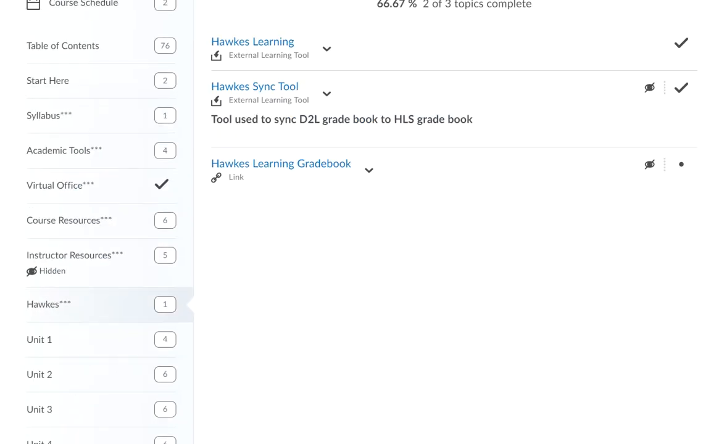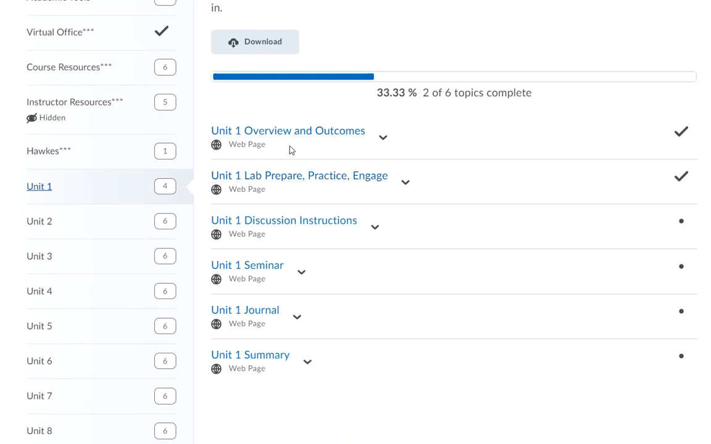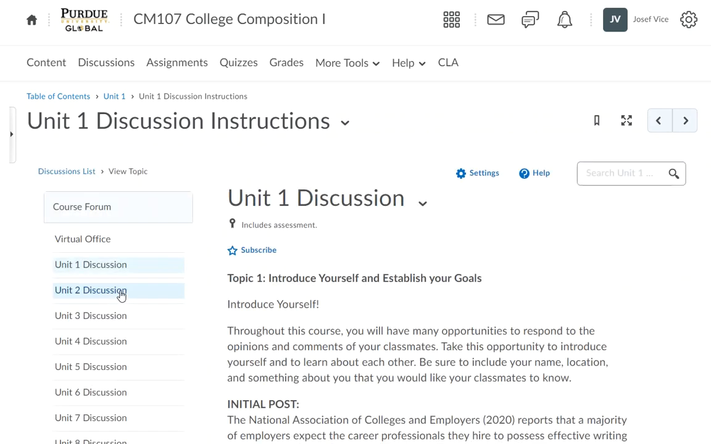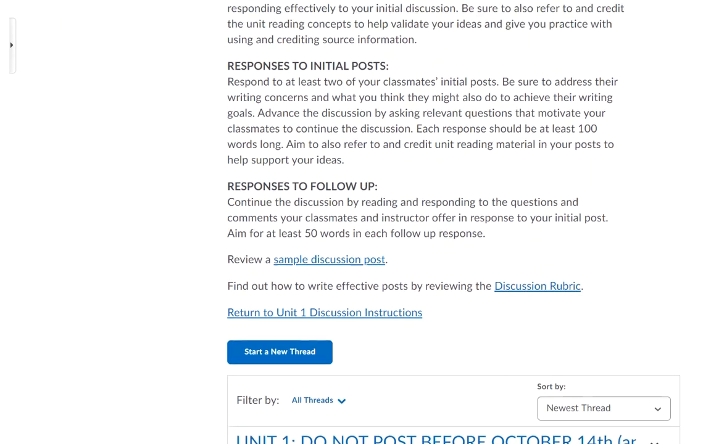I'm going to click on Unit 1 again. And I'm going to go through and continue with the next step, which is discussion. You click on the discussion and you get the instructions for it. And then you access the discussion board. Read the instructions and make sure that when you're ready,